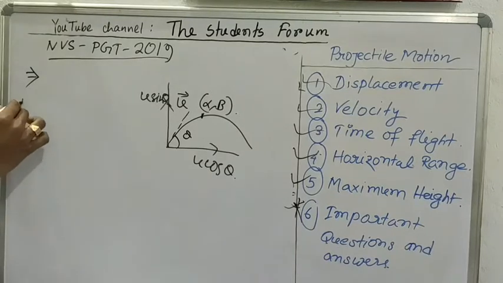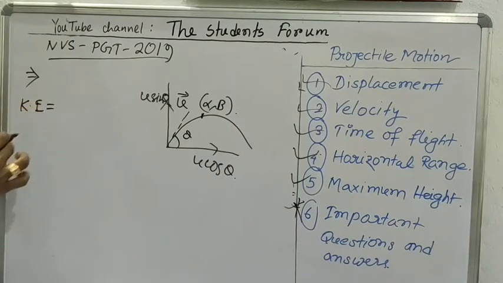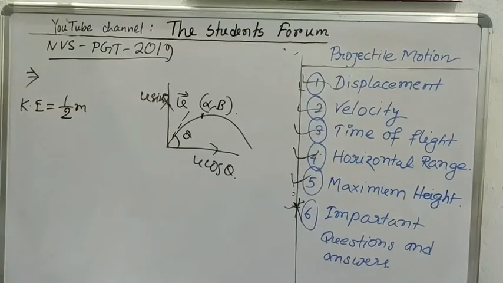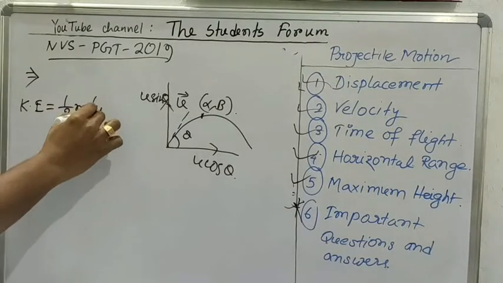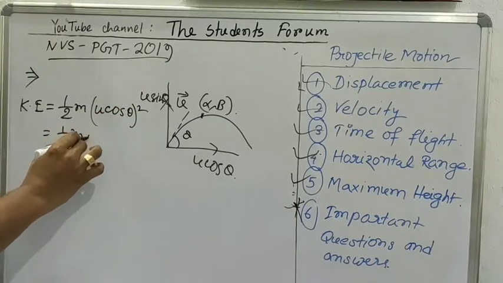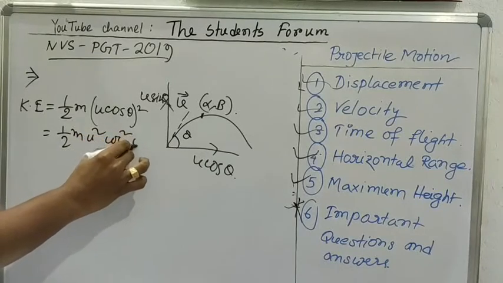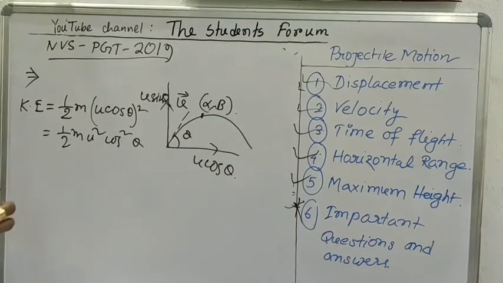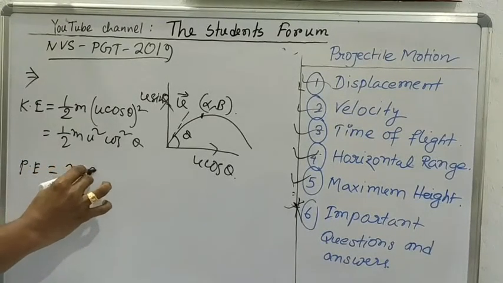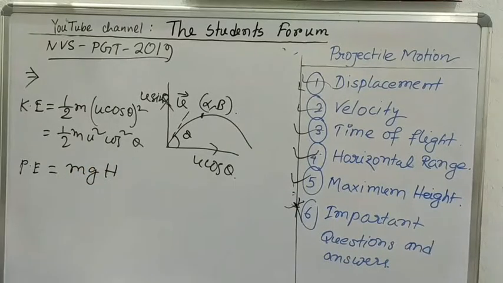So we have to remember, for any point the kinetic energy of projectile is given by half mv square. So v square here, the horizontal component, u cos theta whole square. That means half m u square cos square theta. And the potential energy is given by mg into h, the height. H is the height. So here, if we put the value of h,